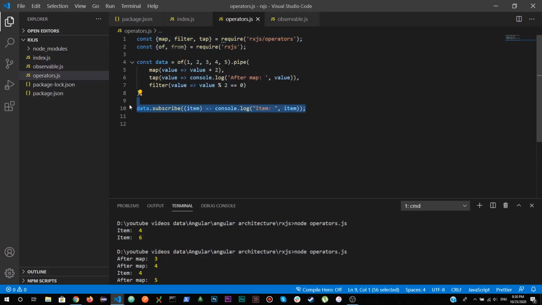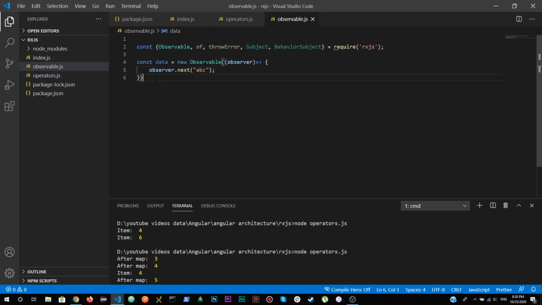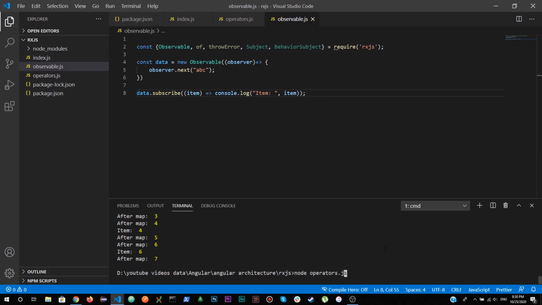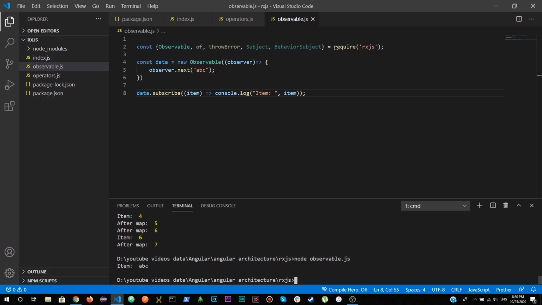Just copy the subscription from here, and there are subscribed items. Yeah, that should work. In the terminal, I'm going to change the name of this file. Okay, so you can see it has returned the item ABC.